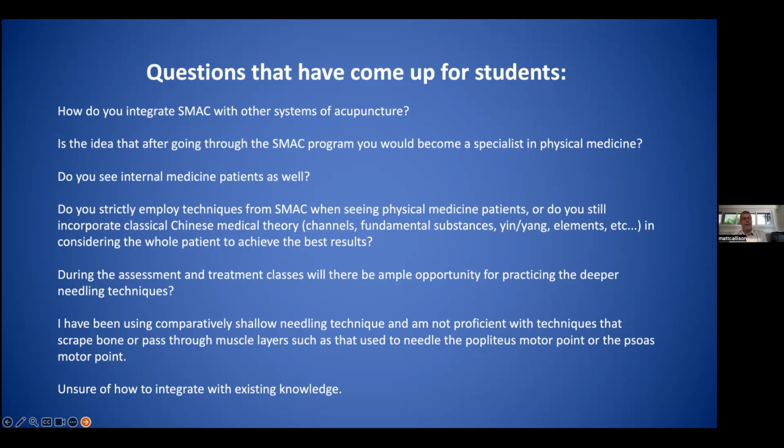Yeah, thank you for that. And then the last one, unsure of how to integrate with existing knowledge. This is something that will just need to be practiced in your practice. We are going to be teaching you step by step, very specific techniques on how to do certain things. But because you are an acupuncturist, a human being that has been practicing for either a year or maybe 20 years,